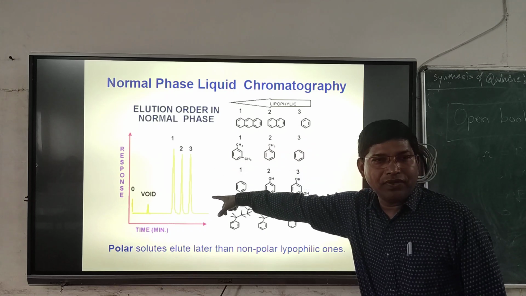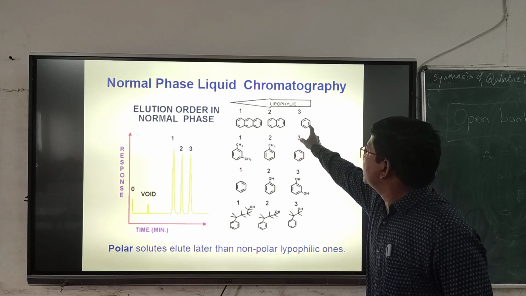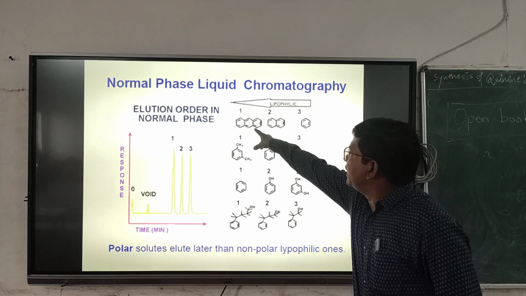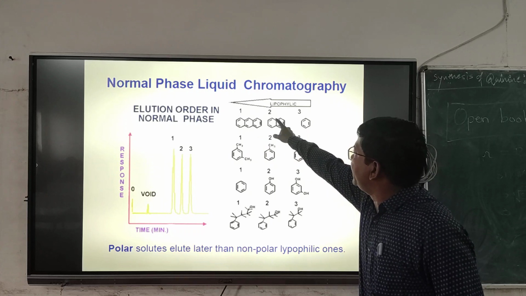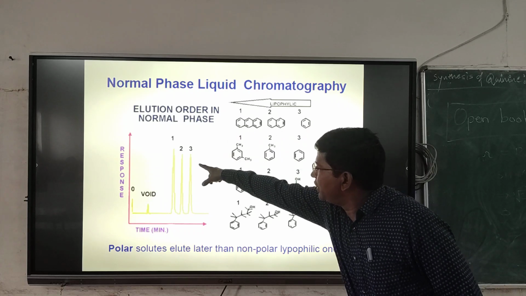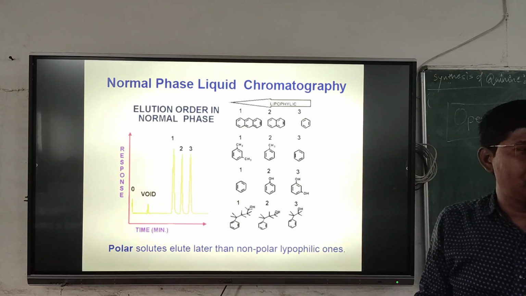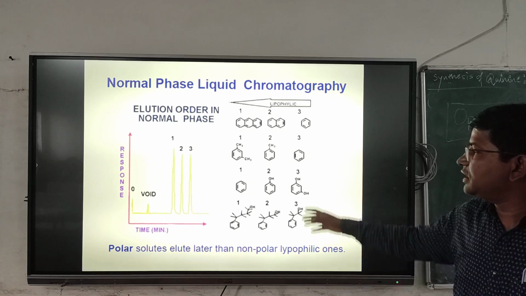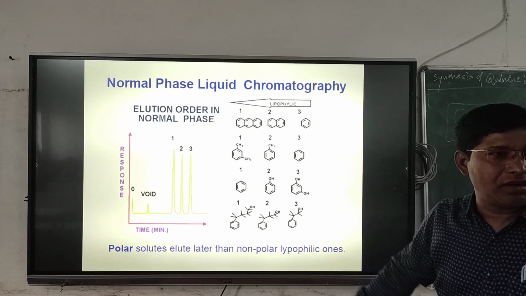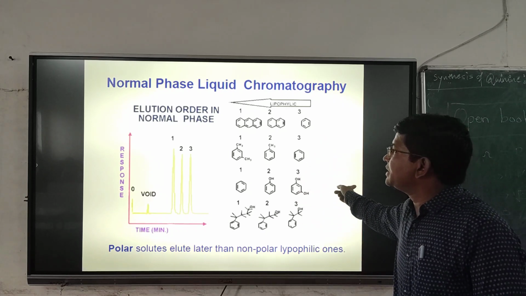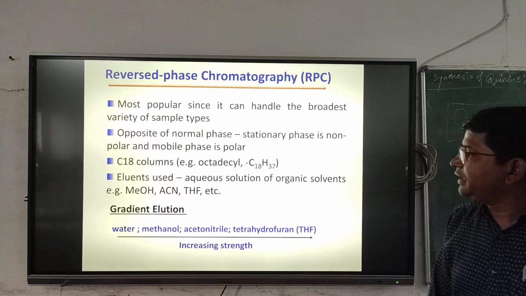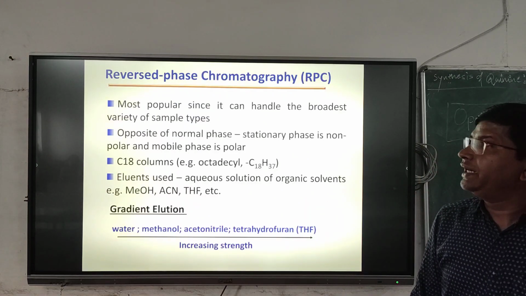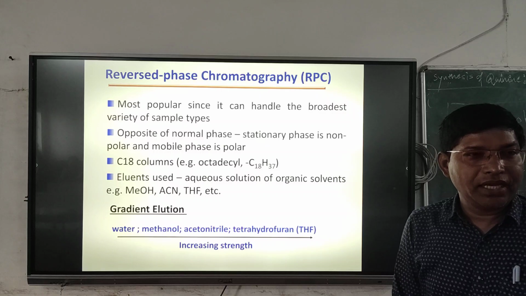The least polar compound will elute out first, followed by the more polar compound. So this is the separation of different classes of compounds in HPLC. Then another one is reverse phase chromatography, which is the opposite of